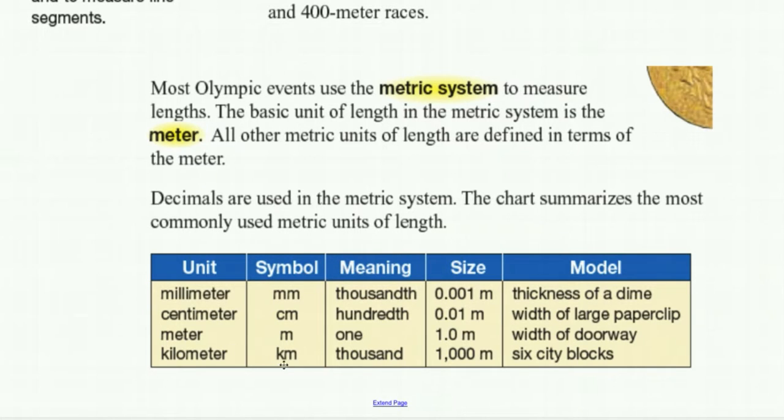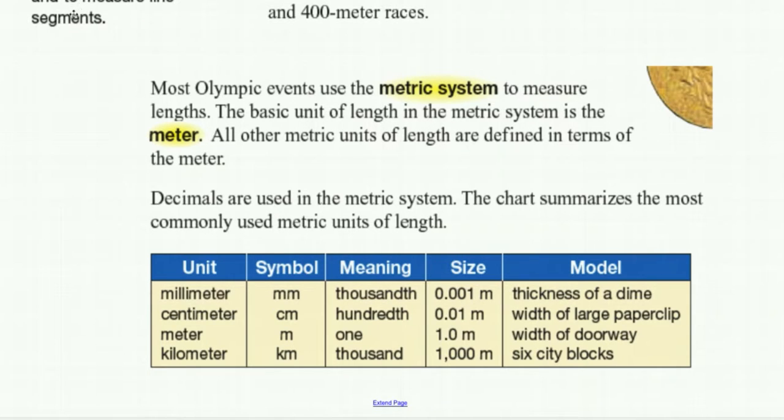Kilometer, symbol is km, located in the thousands place. Okay, without the th. The size of a kilometer is 1,000 meters, and an approximate distance is around 6 city blocks for a kilometer. Okay,